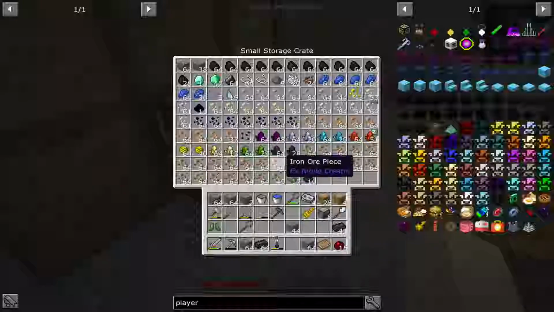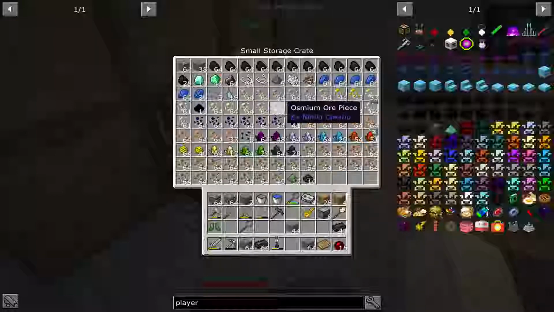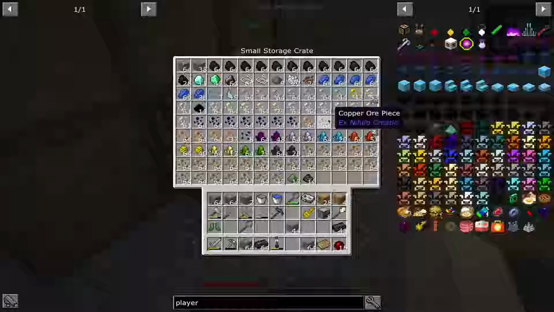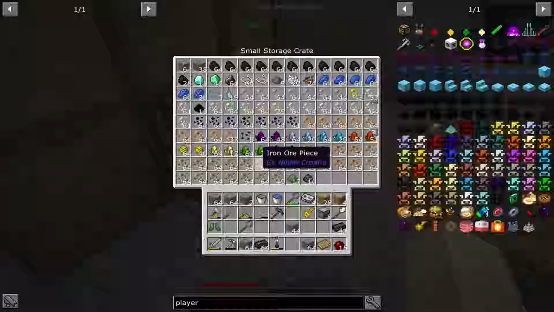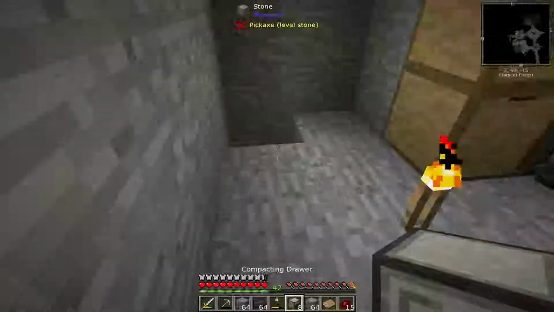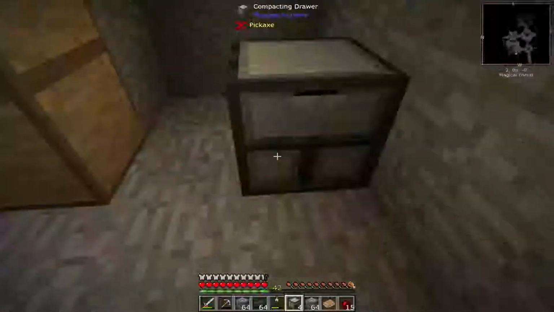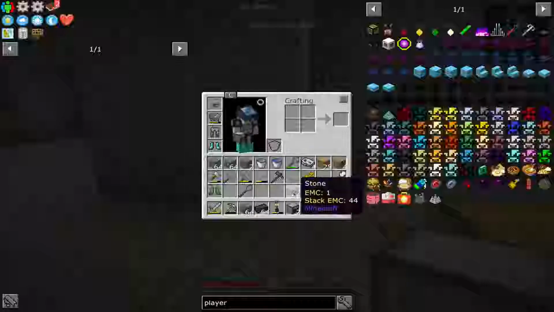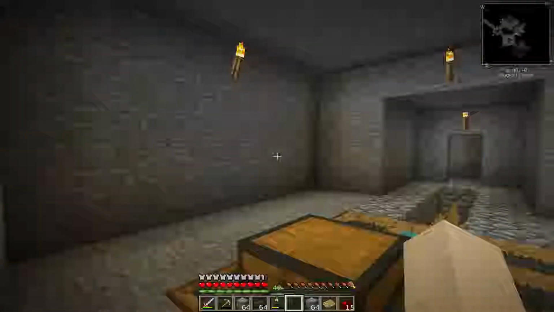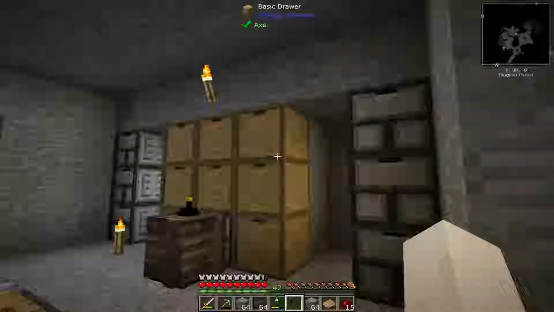So what we want to take a look at is all those ore pieces. We have 1, 2, 3, 4, 5, 6, 7, I think it's 8, and I have 8 compactor drawers. Now there is one issue, and that's why I'm building this way. I want to double the ore with the smeltery, and that's why I put the space there for 2 smelteries. So this column goes into the right smeltery, the left column goes into the left smeltery,